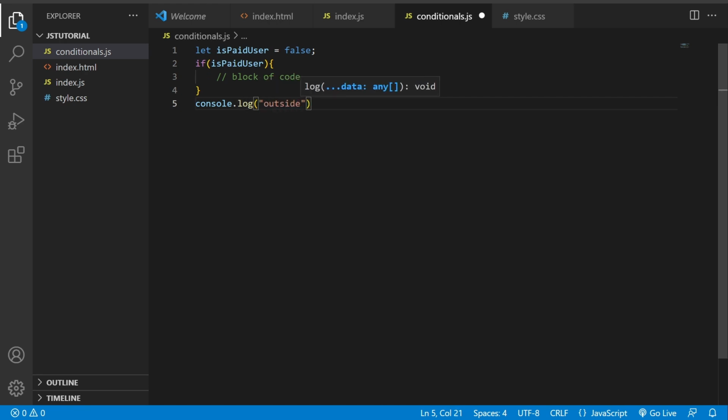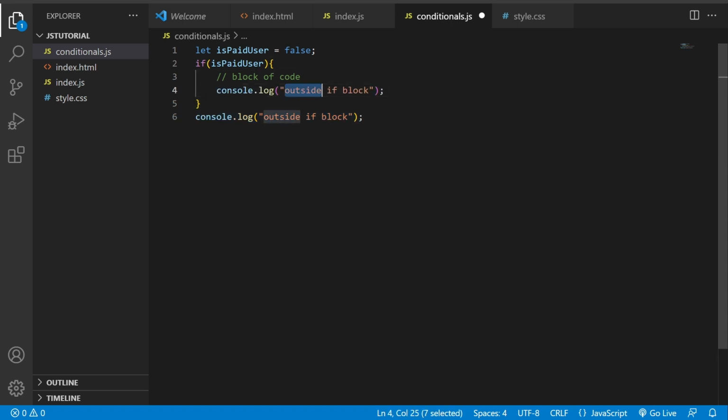I will write here "outside if block", and here I will write "inside if block". In the if block there are multiple ways, but first we are checking a simple if block, only the if block.